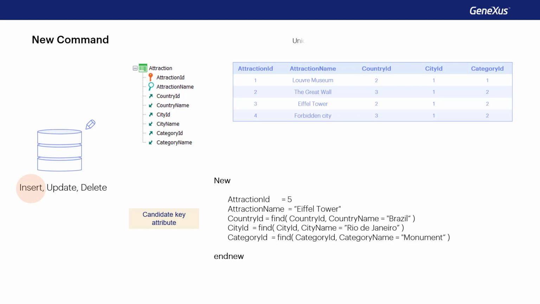In other words, we have a unique index defined over this attribute. And let's suppose that the record of ID 3 had as attraction name value the same one we're now trying to insert as record 5. When the new command is executed, it will do nothing. This is because it'll find that there already exists a record with the same attraction name as the record we want to insert.